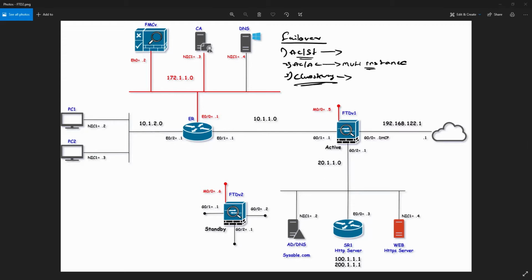Alright, before active standby, as you know, in our topology we have an FTD2, which is the standby over here, and this is the FTD1, which we have been using until now, the active one. We have done the whole policy and everything on this FTD only. There is no configuration on this FTD2 for now. It's a fresh install. We did not do anything on that one.